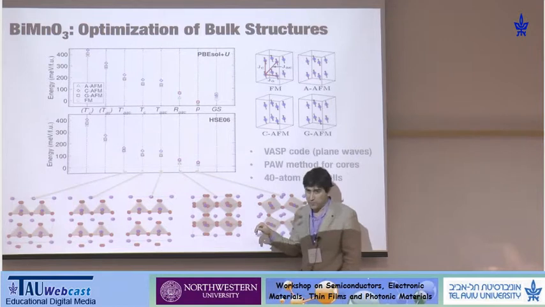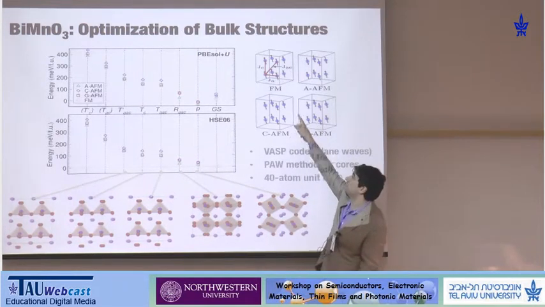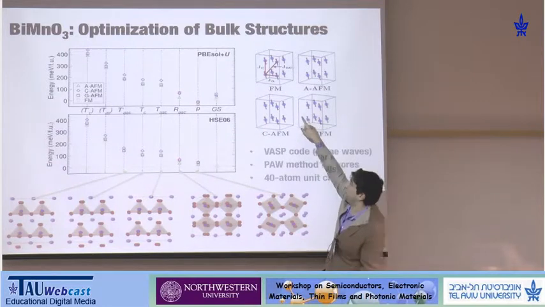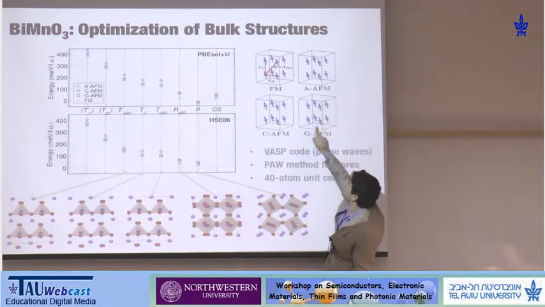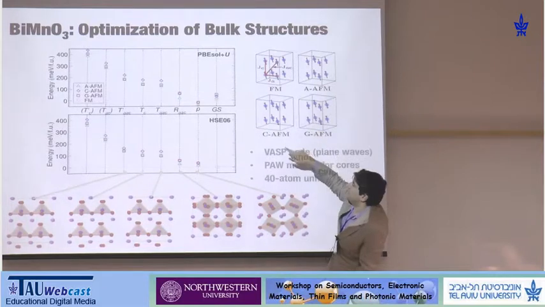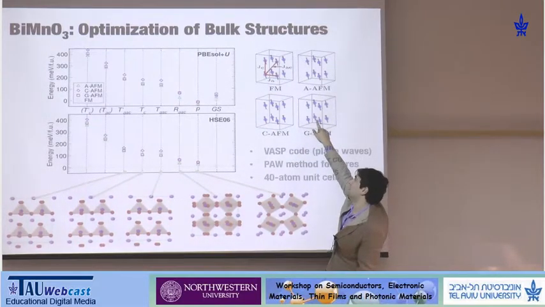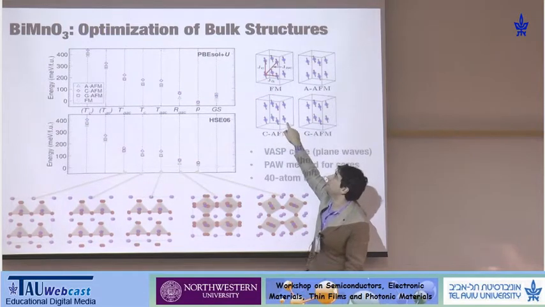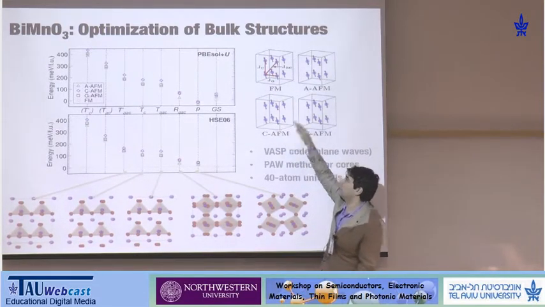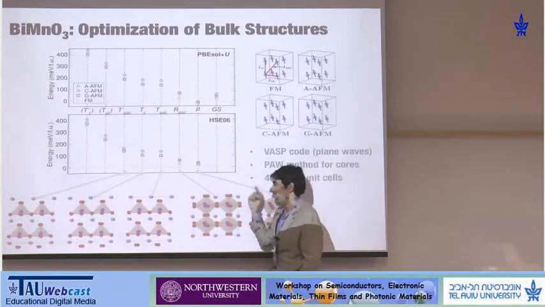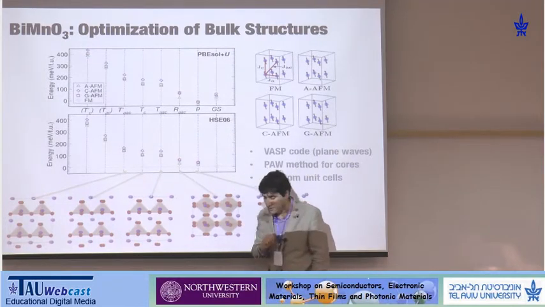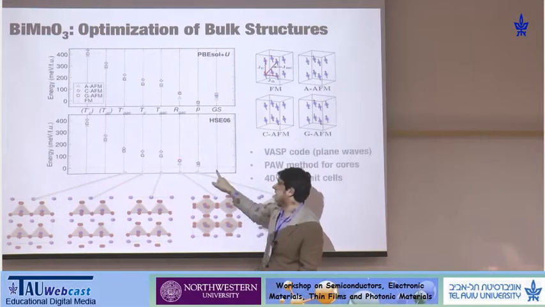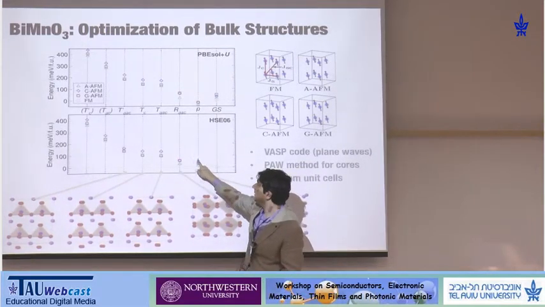And for each phase, we optimized with any of these possible typical magnetic ordering. So the ferromagnetic phase, and then a phase in which the neighboring manganese have opposite spins, and then one in which in plane have these opposite spins, but out of plane parallel, and another one that is the opposite. So the bottom line is we get the ground state to be the ground state, and then we get a